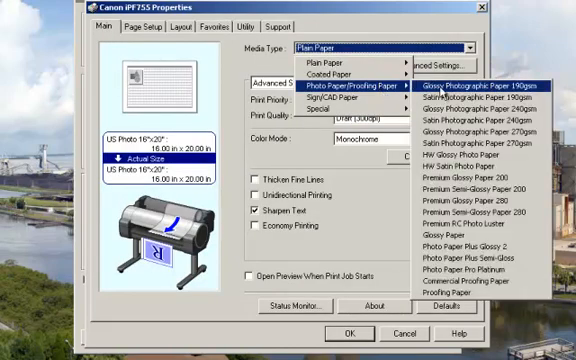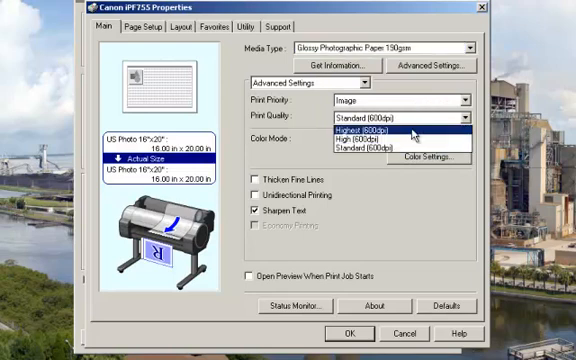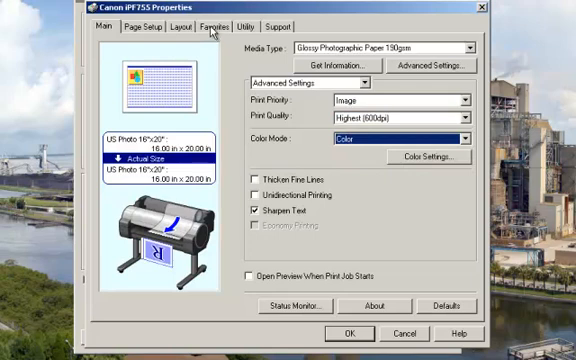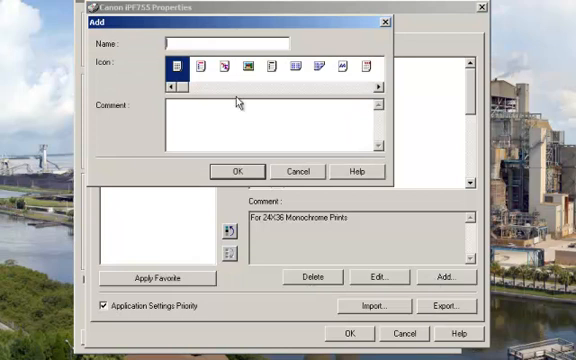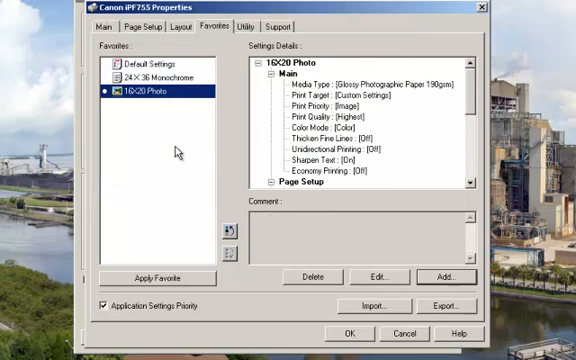If we tell it we have photo paper, we want the highest quality because it's going to be photo, and color, and we go to the Favorites screen, we can then add a favorite and call it, let's say, 16 by 20 photo. Add the icon so it looks like a photo and click OK, and now we have a 16 by 20